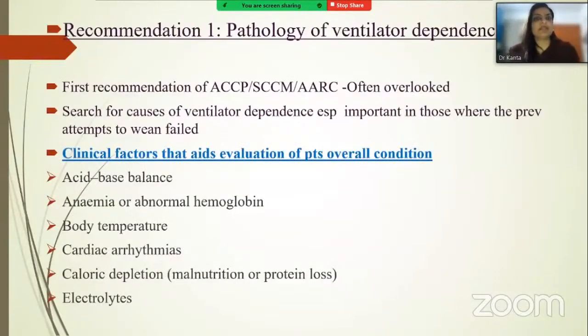Moving on to the first recommendation, that is to take care of the pathology of ventilator dependence. Though this is the first recommendation, it is often overlooked. You have to search for the causes for which the patient is dependent on the ventilator, and this is especially important in the patients where previous attempts to wean have failed. You have to look for the clinical factors which aid in evaluation of the patient's overall condition. The pathology which led to the patient being on the ventilator needs to be taken care of. Apart from that, the associated factors like any acid-base imbalance, fluid imbalance, electrolyte imbalance, cardiac arrhythmias, low hemoglobin, or calorie depletion which is leading to respiratory muscle weakness,